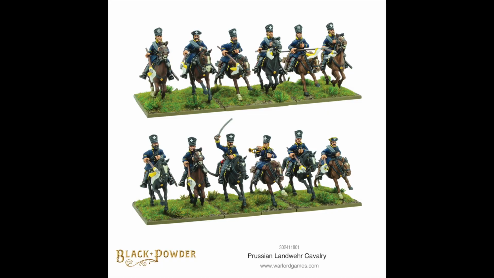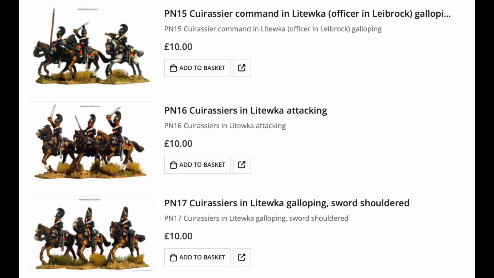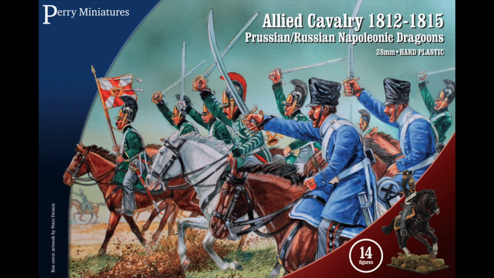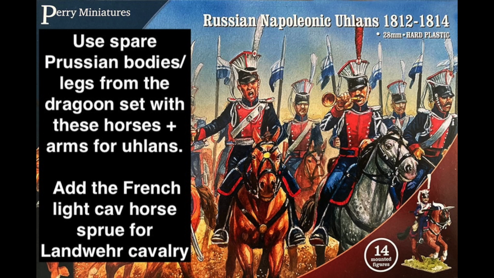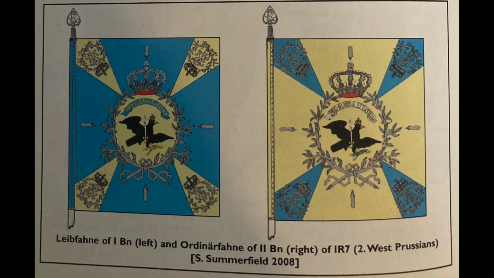Cavalry as well might be a concern here. Warlord Games has sets in resin for the different Prussian cavalry units, but I'm not a huge fan of those sculpts. Perry does all the cavalry in metal, as well as plastic options for dragoons, Uhlans and Landwehr cavalry. If you want, you could convert some of the other sets, I guess, to create Prussian hussars as well in plastic. Another step, purely subjective, was looking at the flags I liked,